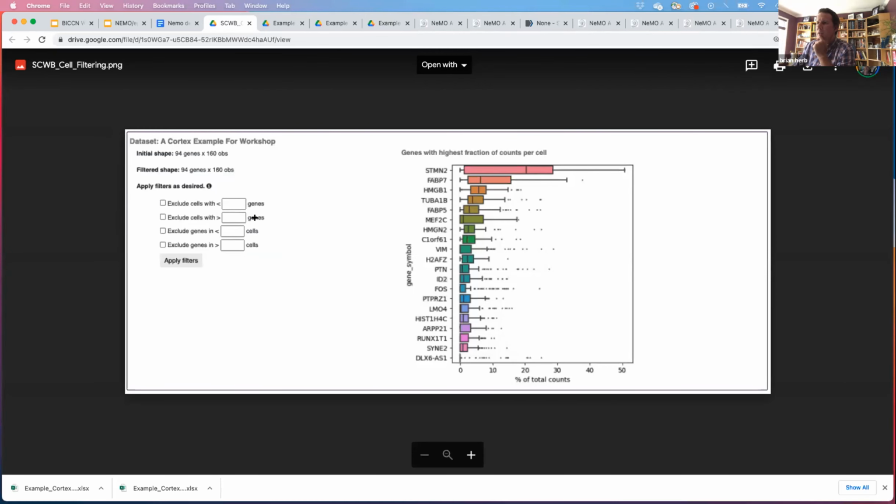This is an example of that output for the filtering. What you would see is some of the top expressed genes. This may help you identify if there's a gene that's really high in absolutely every cell. That's where you could exclude it by simply saying, okay, get rid of those genes that are in more than 90% of my cells, because things like MALAT1 a lot of times will skew the analysis a bit.